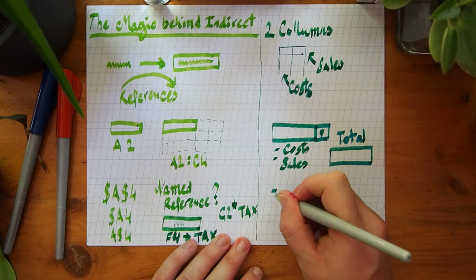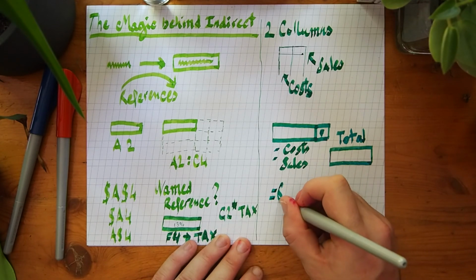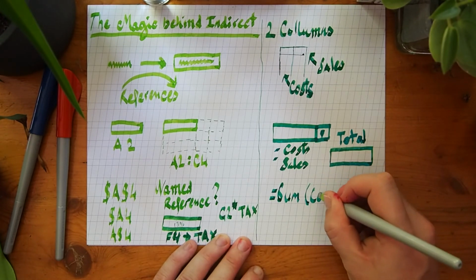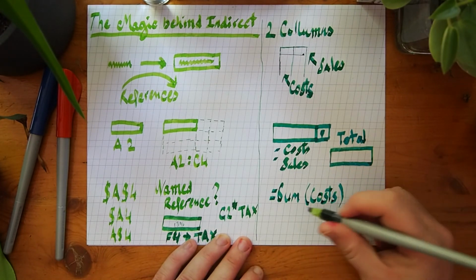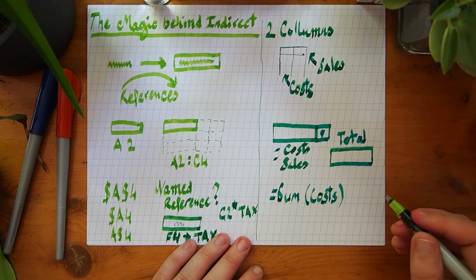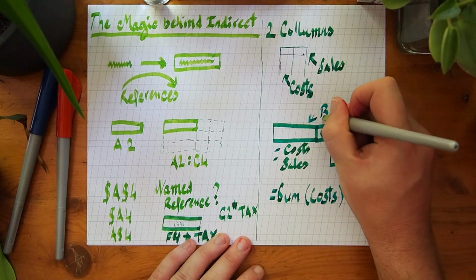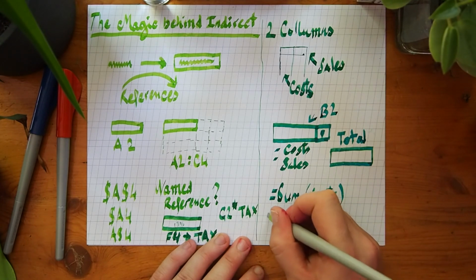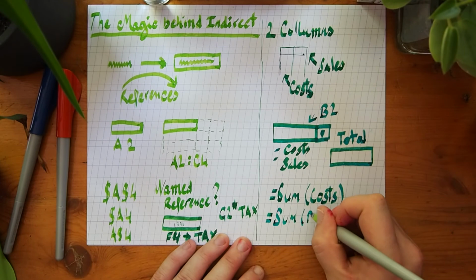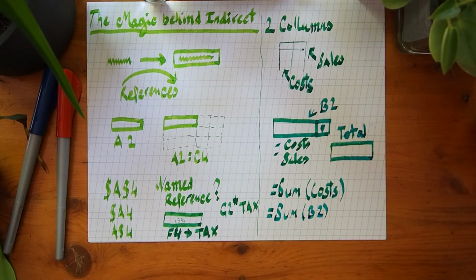If I write equals sum of costs, then it will give me the sum of the costs. Or if I would write equals sum of sales, then it would give me the sum of the sales. But what if I wrote, and let's say that this is cell B2, okay? If we wrote equals sum of cell B2, then as you can imagine, if you try it out,